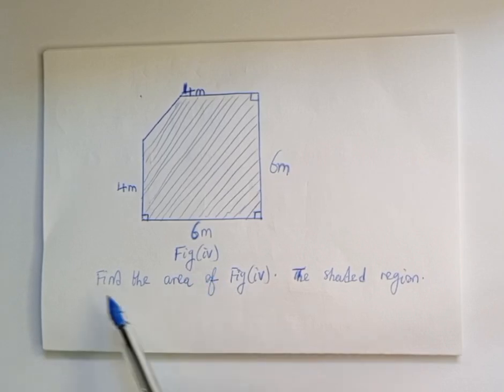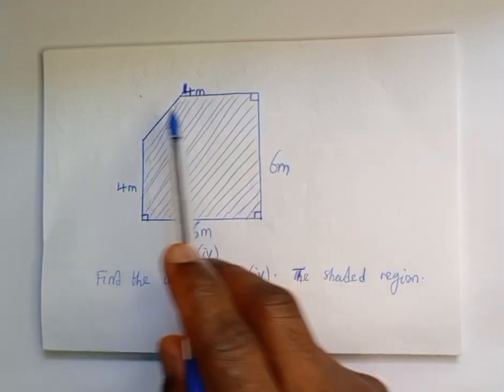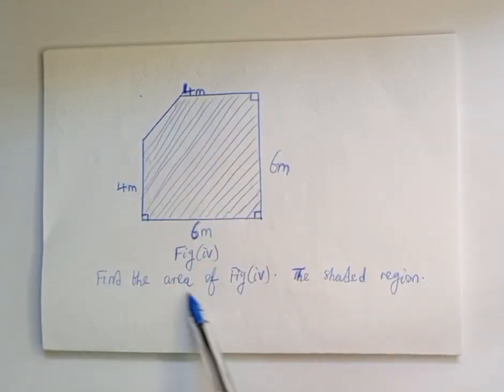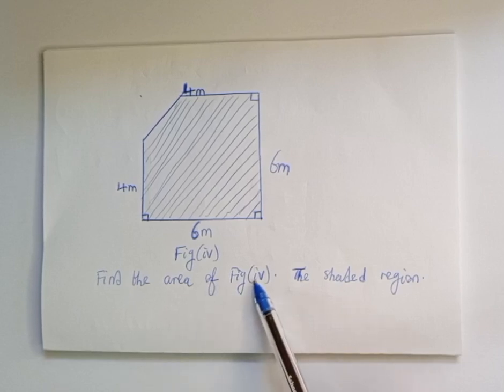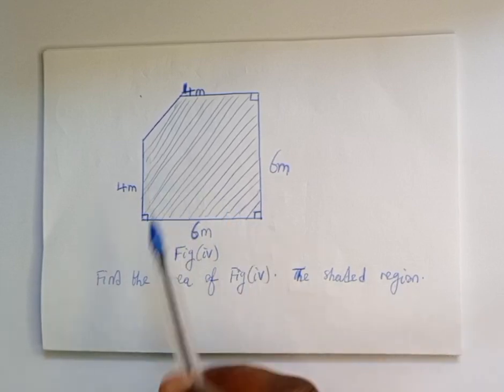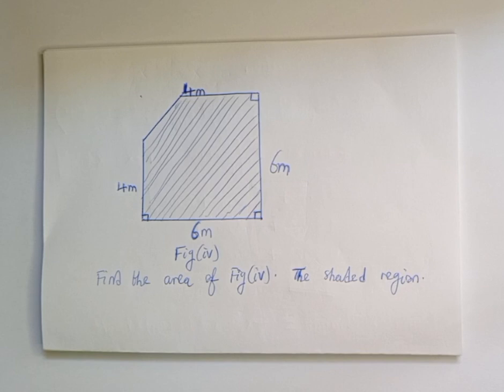Figure 4. This is figure 4. You can see. Find the area of figure 4, the shaded region. For us to find the area of figure 4,